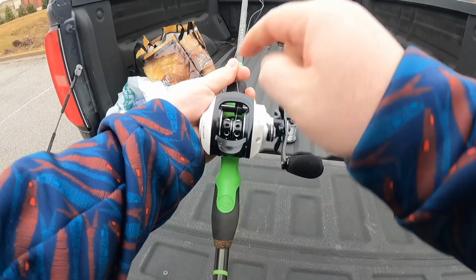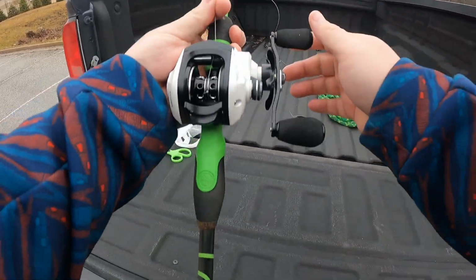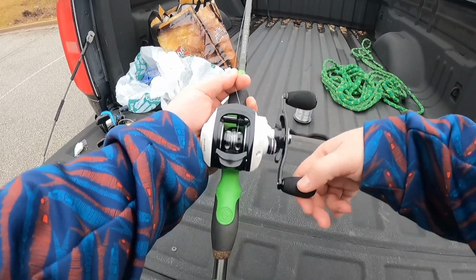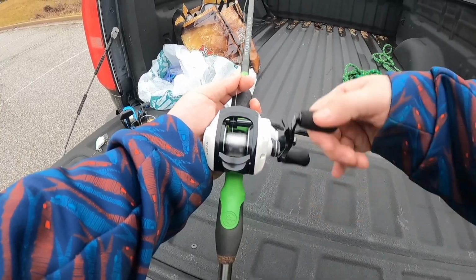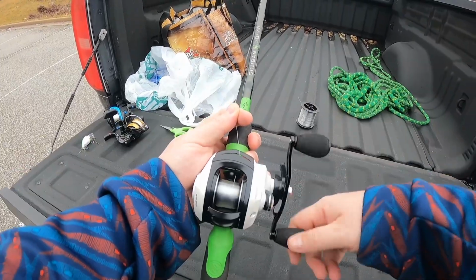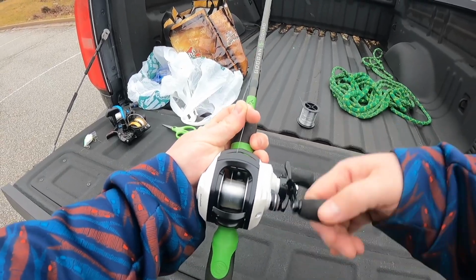I have tied on. I keep my fingers here on the line to add that little bit of pressure, and I just really just start spooling and reeling it up like so. Now I'm not going to spool it up all the way up to the top, because that could actually cause issues later with some backlashing if I over spool it. I'm actually just going to do probably about 3/4 of the reel,